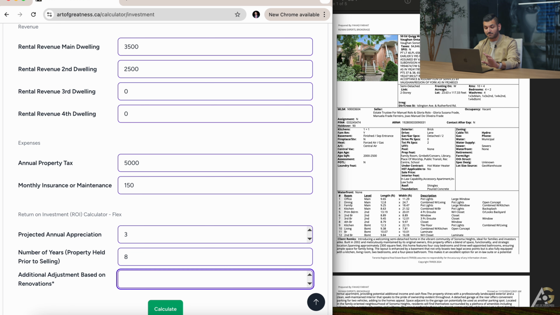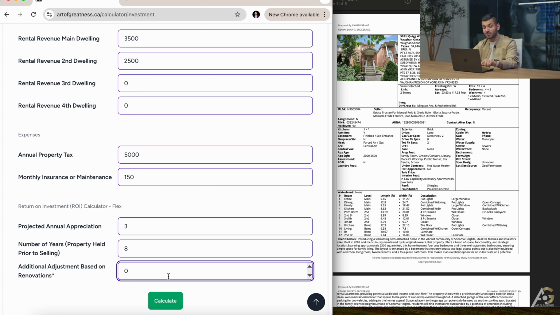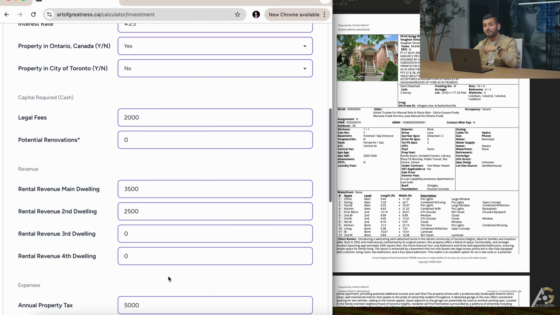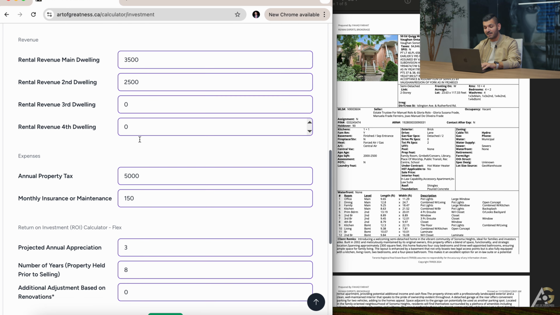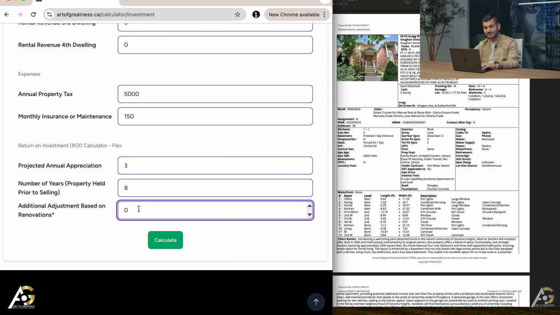And no adjustments based on renovations for the time being. So this is the change in price due to the improvements that you're making in the property. So as an example, if we were to do renovations for $80,000 in this property and increase the value by $180,000, you would put 80 in this section and then 180 in this section. We'll go ahead and hit calculate,